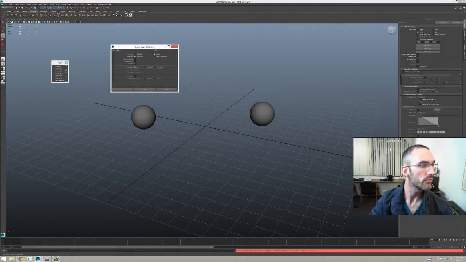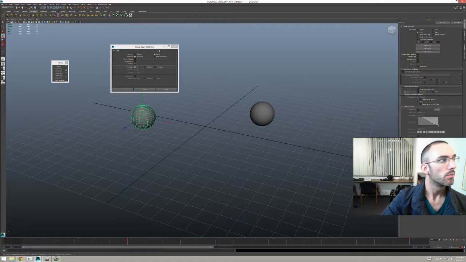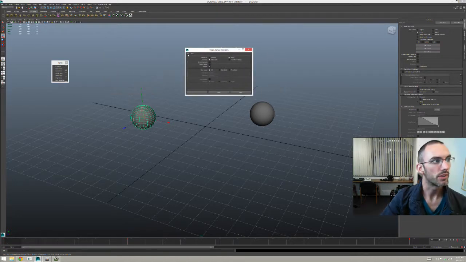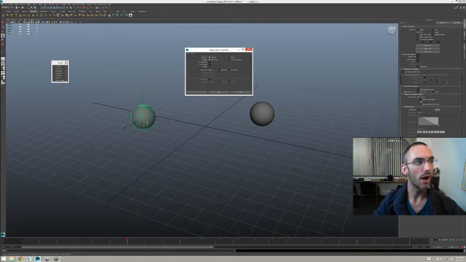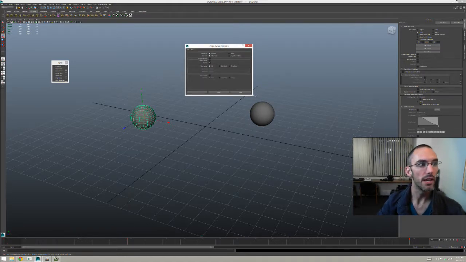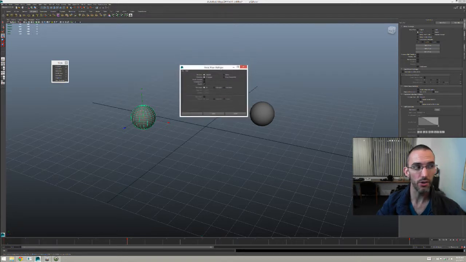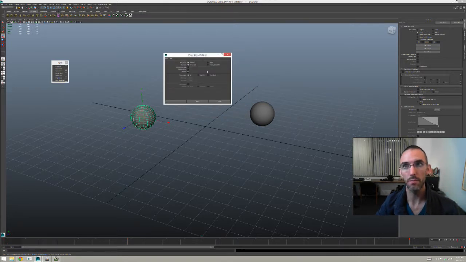Weird. Anyway, let's just start with the copy keys. So what are my copy keys options? Let's actually reset these. Okay, so hierarchy selected. What that means is that only the selected object is where you're going to be copying the keyframes. It's sort of a little bit of fakery going on. It's not actually just copying keys. It has to understand where the anim curve is coming from. But let's move on.